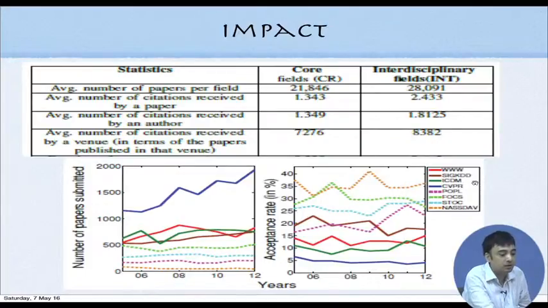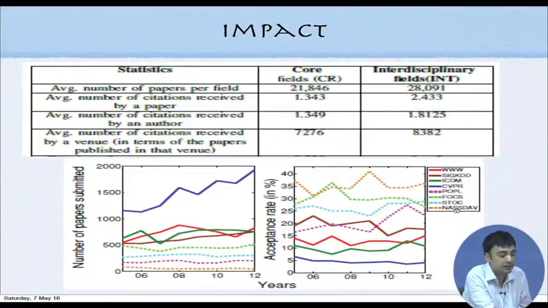ICDM is again a data mining conference, and it is known to be highly interdisciplinary in nature. And then there is the 4th conference, which is called CVPR, Computer Vision and Pattern Recognition, which is also a very highly reputed conference in computer vision, graphics, image processing and pattern recognition. So all these are known to be interdisciplinary venues, whereas the last 4, represented by broken lines, are known to be core fields like POPL, FOCS. POPL is the top tier conference in programming languages. FOCS and STOC are top tier conferences in algorithms and theory of computation, and NASDAQ is a top tier conference